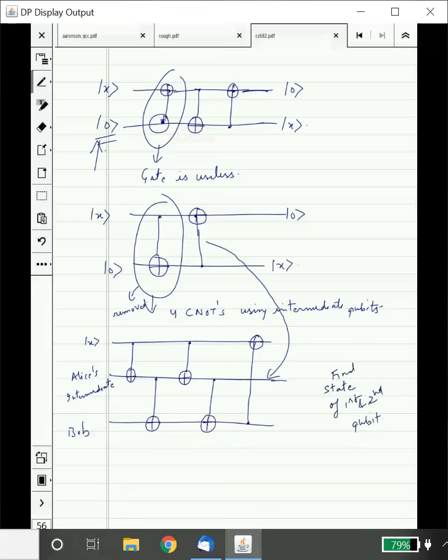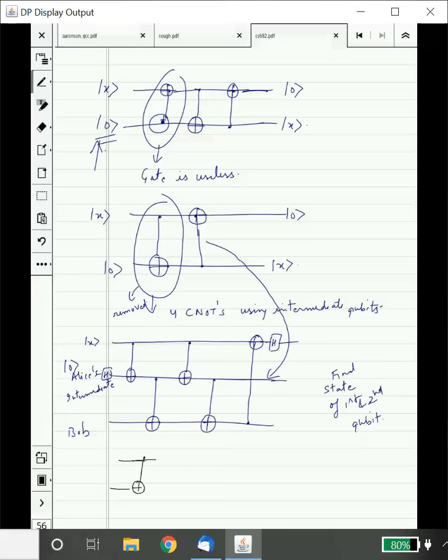And the way it is working, I can introduce Hadamard in the end. Why am I introducing Hadamard? That will be clear very soon, but it doesn't affect anything to use Hadamard. You can have any intermediate qubit, still these 4 C naughts will be equivalent to 1 C naught of the top gate. So I can start with any intermediate qubit. So I will start with 0 and then apply Hadamard to it. And then a very nice property shows that